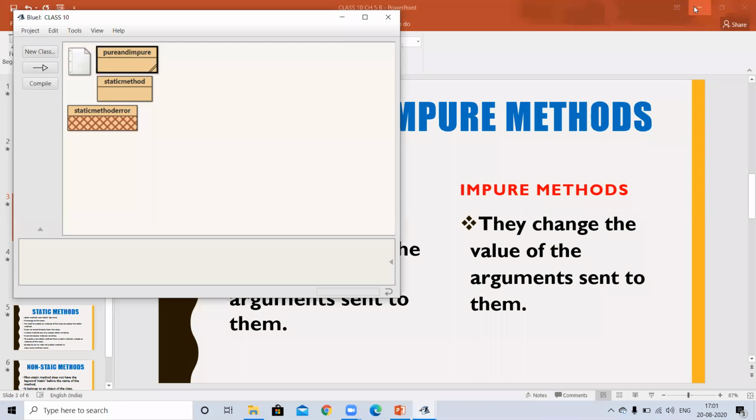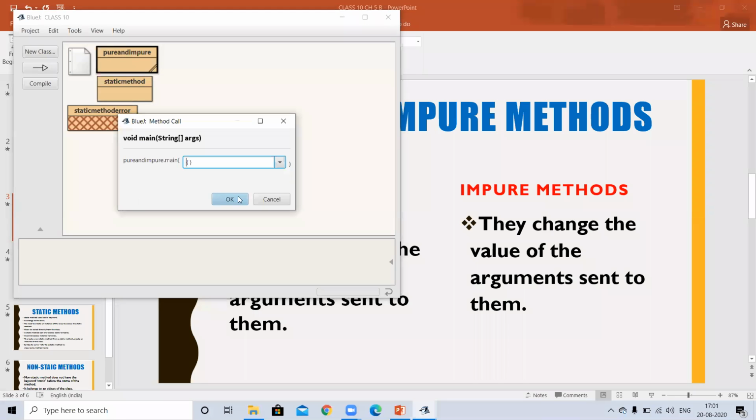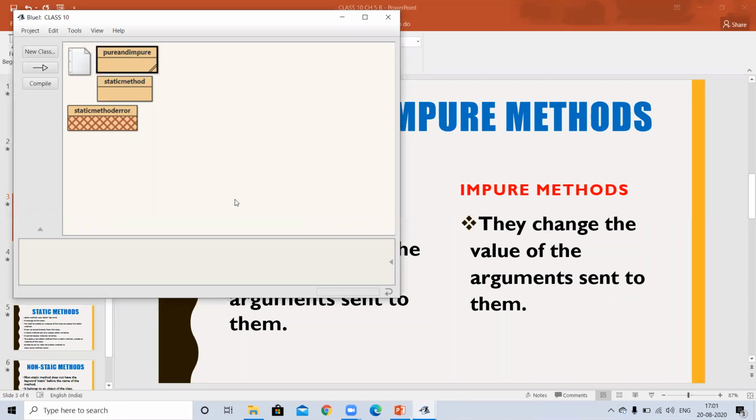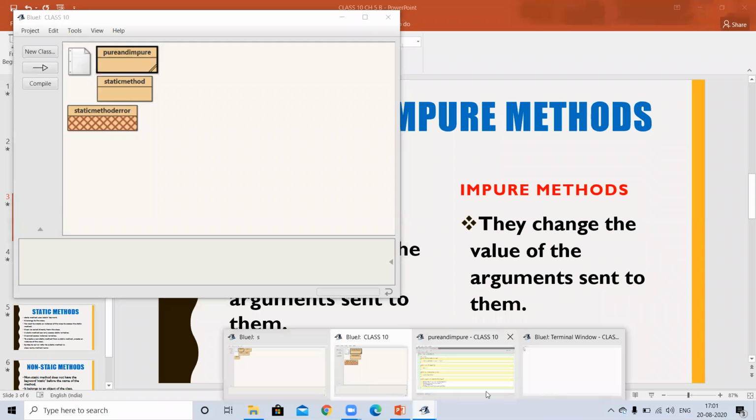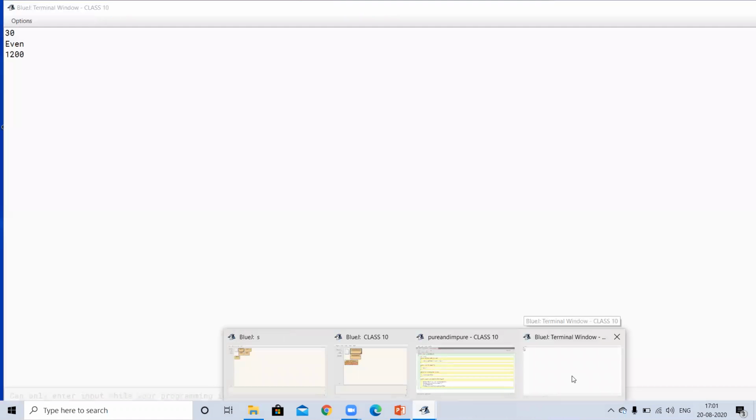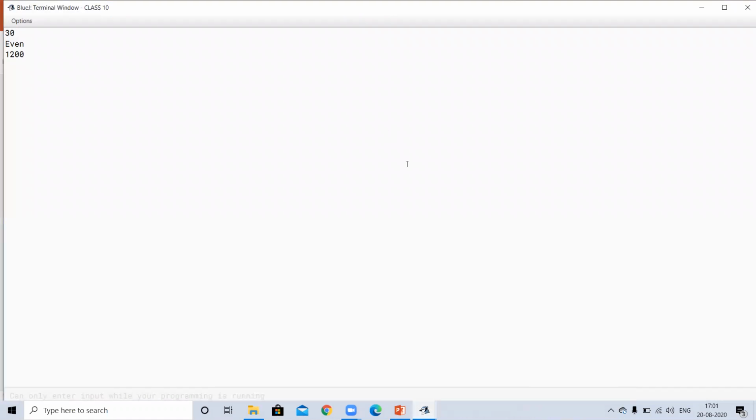Just again you see, what was my output? My output was 1200. How did it become 1200? You know that 200 into 5 should be 1000. But how will it be 1200?